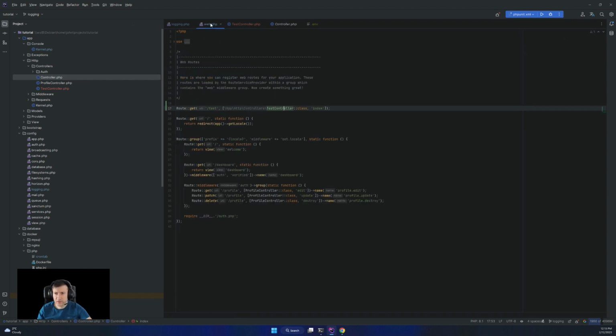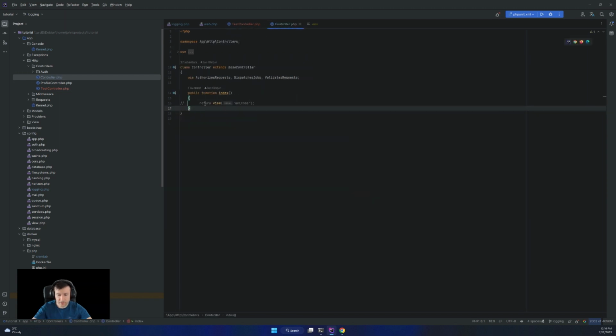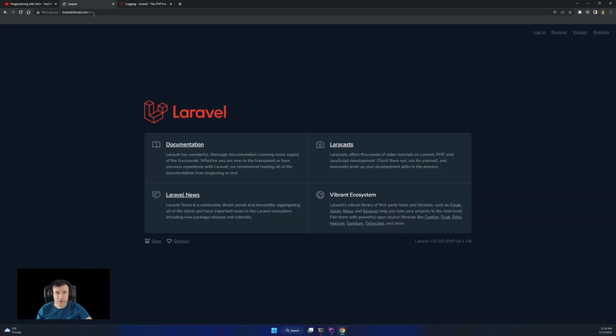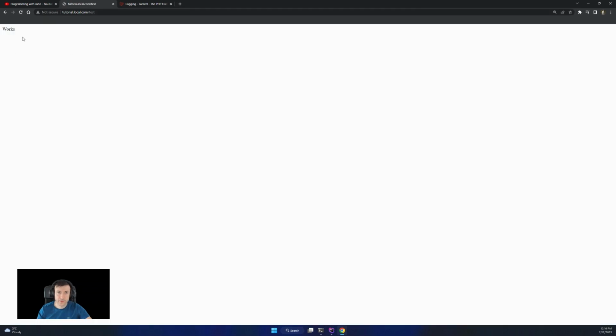My bad, this shouldn't be in here. Last time it remained, it doesn't matter. Okay, so index, and in here I'm going to show something random to see if it works. And now going to tutorial slash test, and it works.